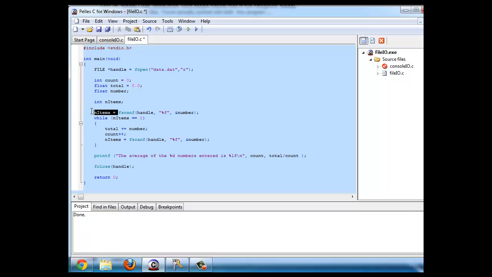fscanf will still return whether or not we've correctly received it. But in this case, we don't have a user that's going to be entering a number, and then Q to quit. Instead, we're going to use one more function, and we're going to say while we have not reached the end of the file, because at the end of the file there's this special hidden character called EOF, end of file. And so we're going to call another function